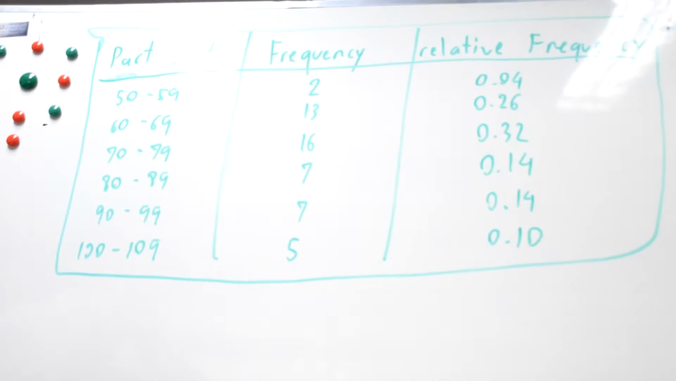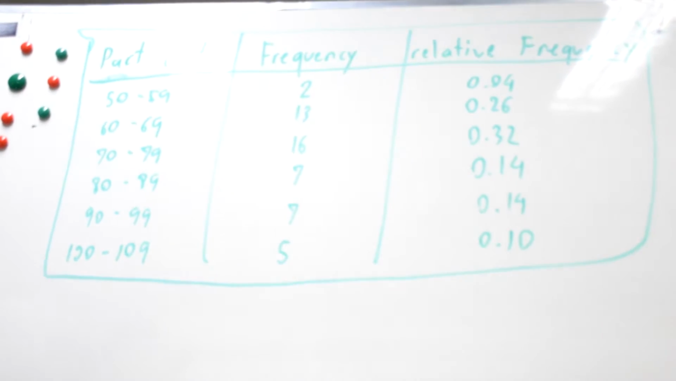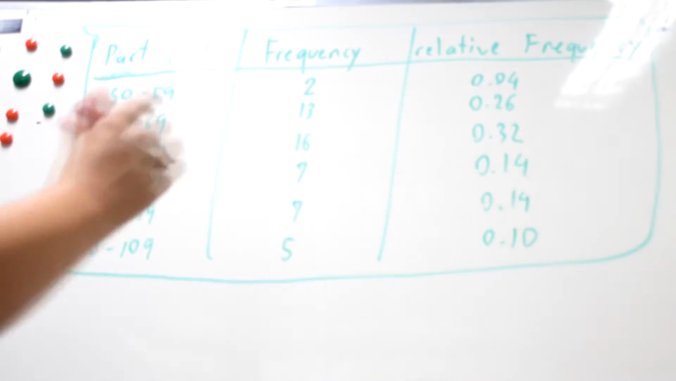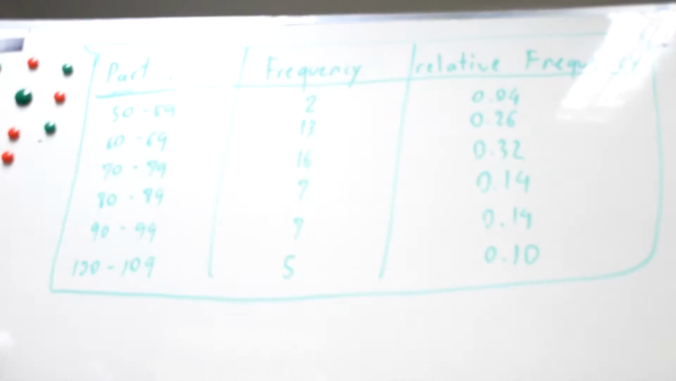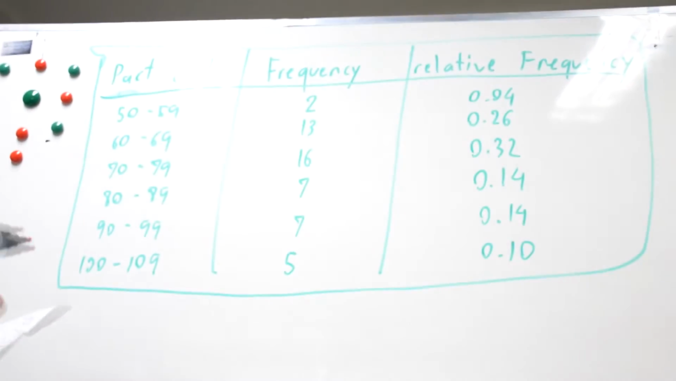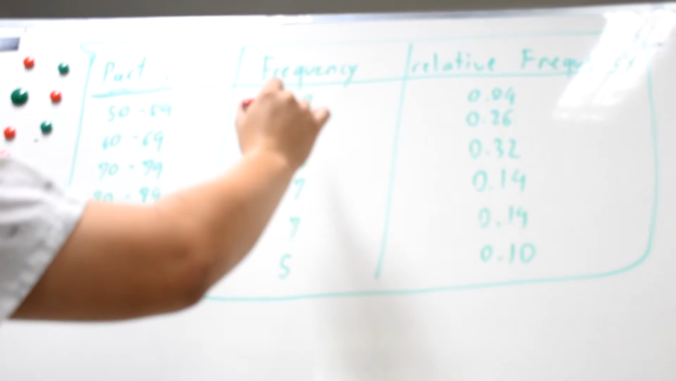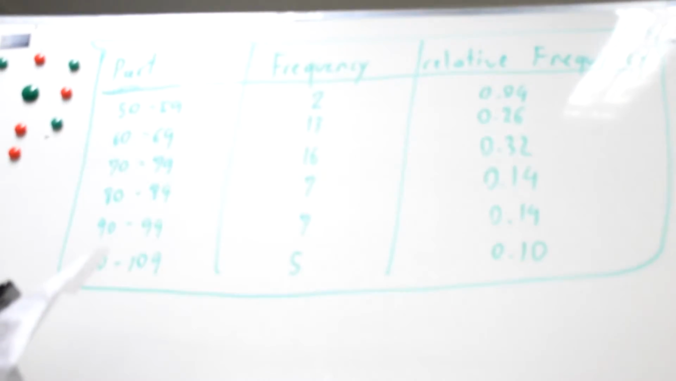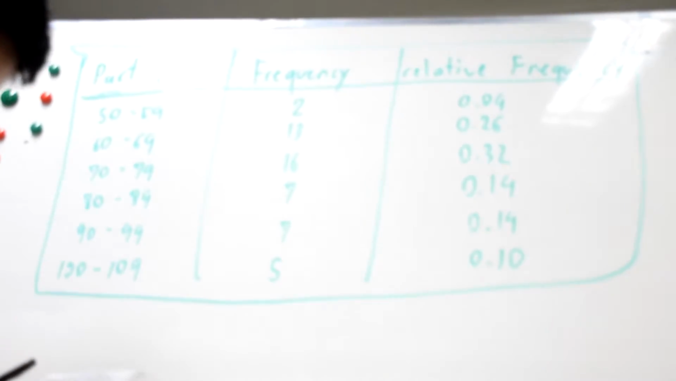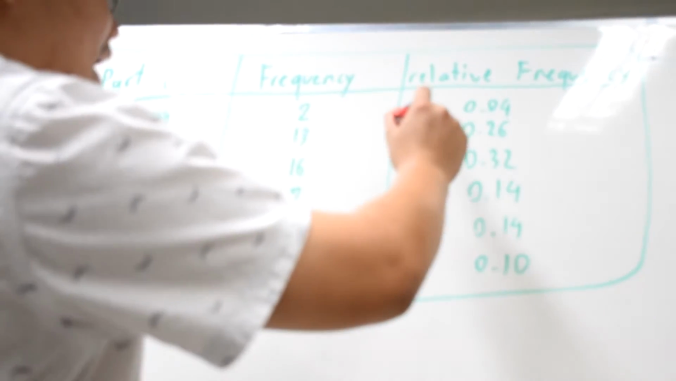Hello students. Today we will teach chapter 2, chapter combine. First question. Explain the difference of frequency and relative frequency. Frequency shows the number of items in each card, like this 2 and 13. But relative frequency shows the total number of items that belong to the card, like